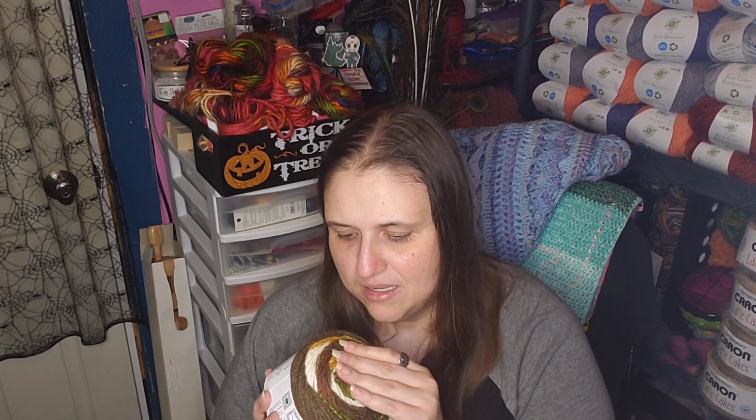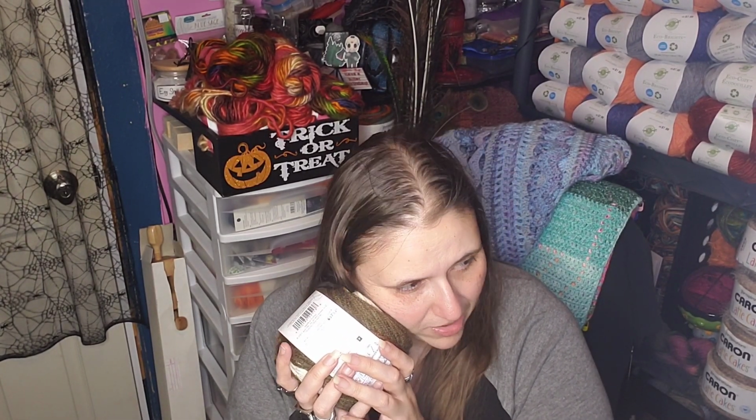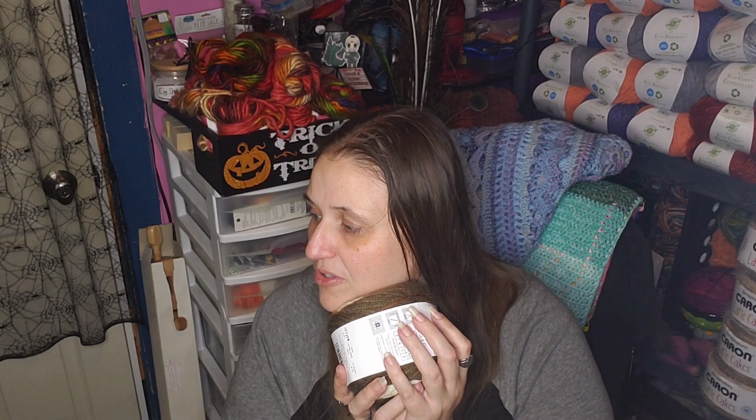This right here is 100% premium acrylic. I've heard mixed reviews on this being really soft and really harsh, both ends of the spectrum, actually. I haven't worked with it yet, but from the feel of it, I feel like this is softer than your basic Red Heart. Maybe it's kind of in between Red Heart and Red Heart with Love. Red Heart with Love is pretty decent. So I don't think it's the harshest thing I've ever worked with. It's definitely not the softest thing I've ever touched, but I wouldn't be too hard on this unless it's